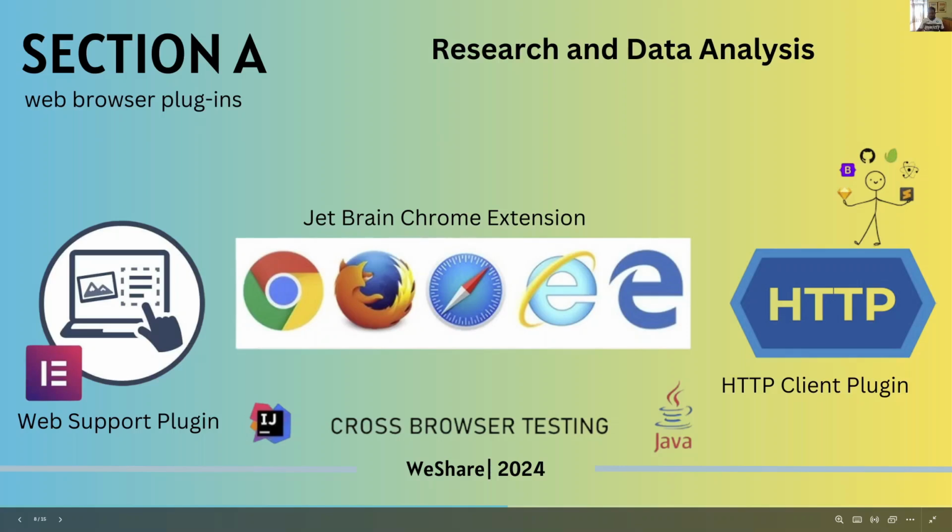Using these plugins, we conducted data analysis to test how different browsers handle our web project. Cross-browser testing ensures that our website looks and functions consistently across platforms, such as Chrome, Firefox, Safari, Edge, and others. We continued researching various plugins to find the most effective ones to support our work and enhance the